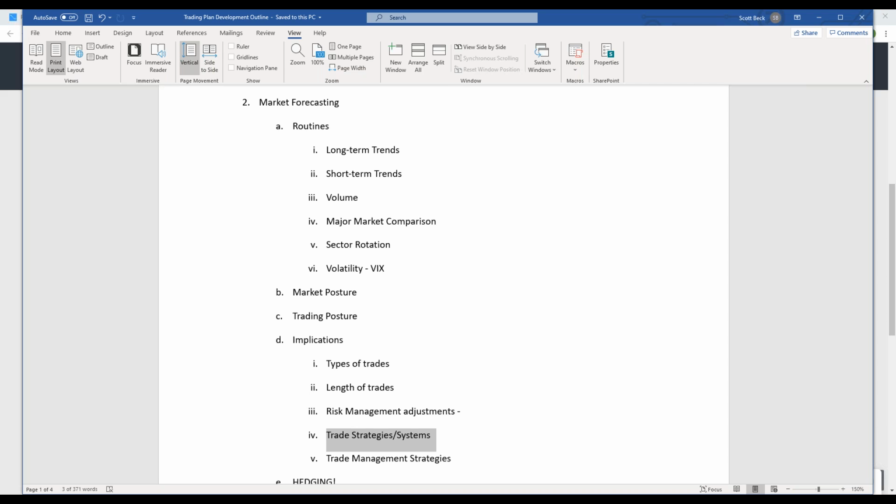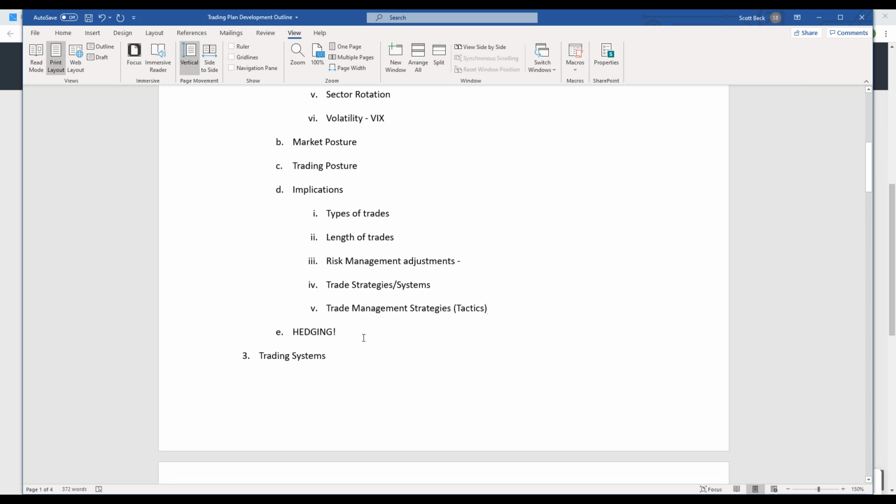Trade management strategies. This would include tactics. How am I going to possibly tighten stops, sell at certain targets, etc. And this is a big new one for me, you guys, is hedging. I've always hedged, not always, but at least for a long, long time. But it's always been just kind of a basic thing here and there. But I focus on my directional trading more, and I realized,